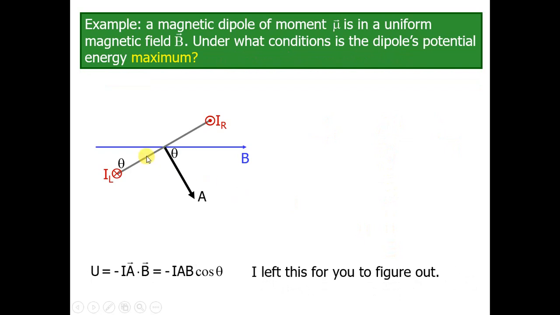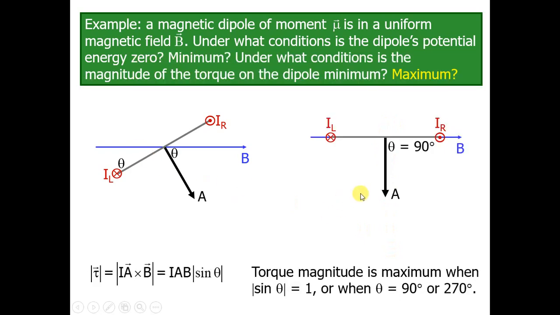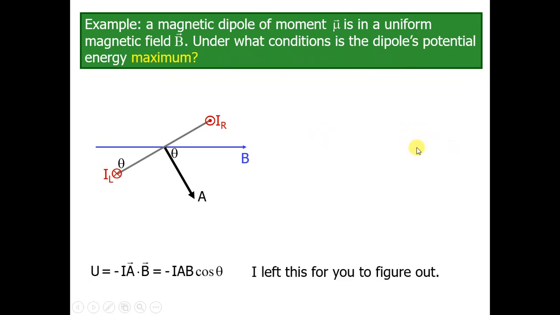Okay, theta is making 90 degrees at that time, as given in these directions. At the time theta equals 90 degrees, see here, the magnetic dipole moment mu is in a uniform magnetic field. Under what condition is the dipole potential energy maximum? U equals I A B, that is A dot B, which equals I A B